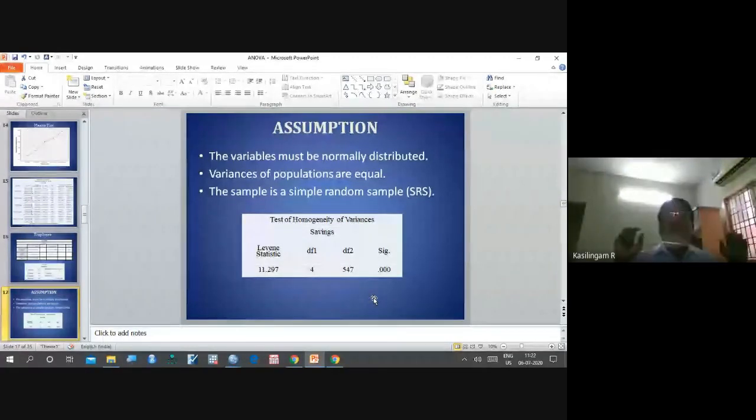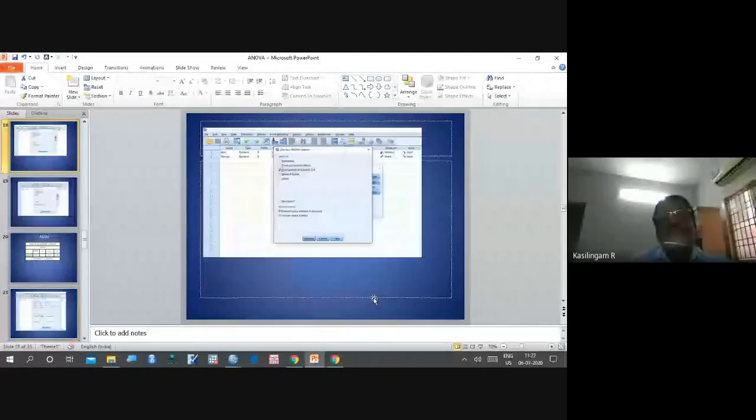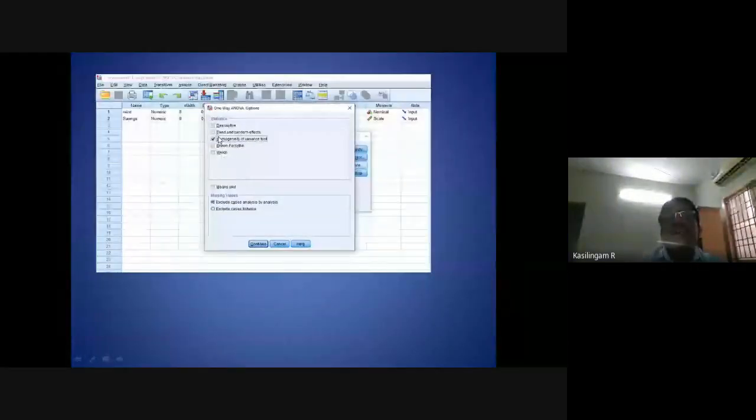Okay. So now, whenever the groups are not homogeneous, we can use Welch's test, which is available in ANOVA itself. I have told you about homogeneity; it is available under Options.